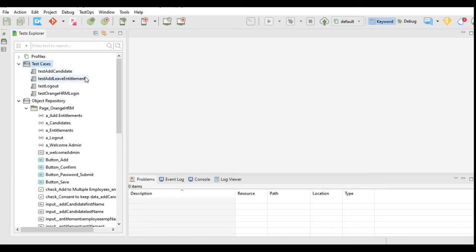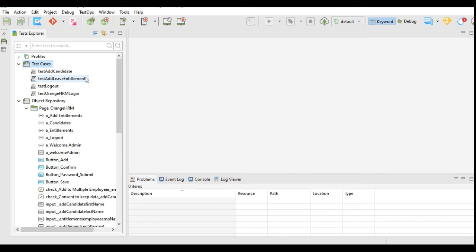Now the last thing is the reusability of the scripts and objects. I have already given you the option for the object repository: the repeated objects should be deleted and only one object reference should be kept for one object. For scripts that are reusable, create small methods for those scripts.